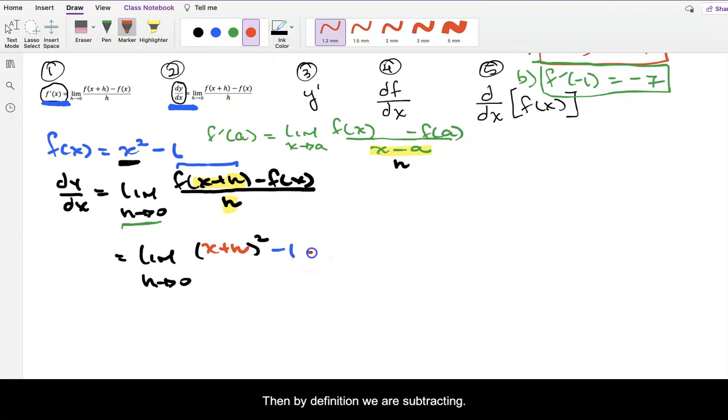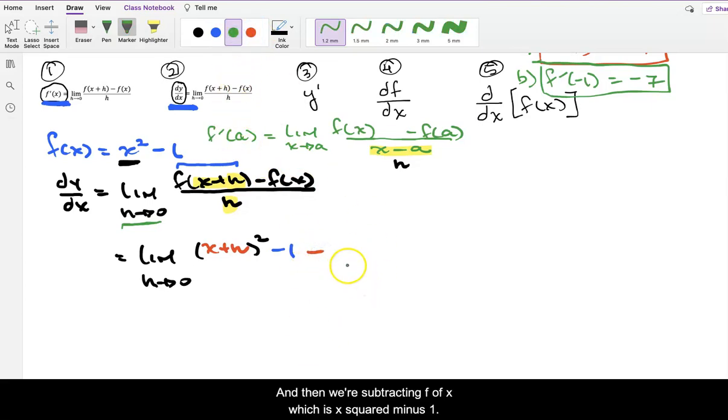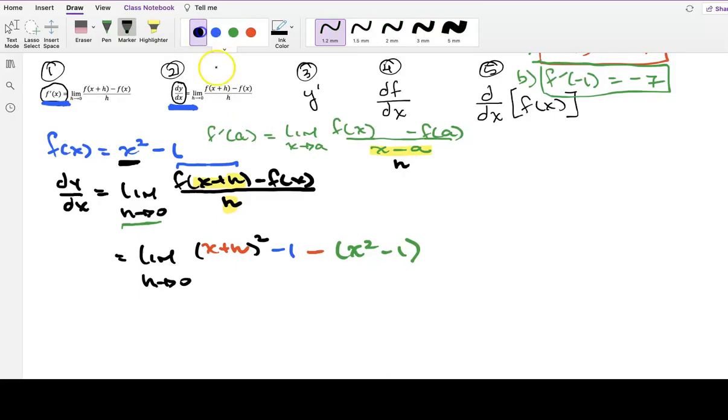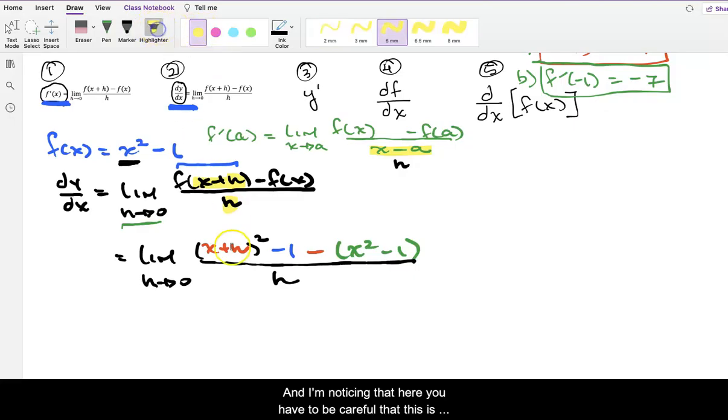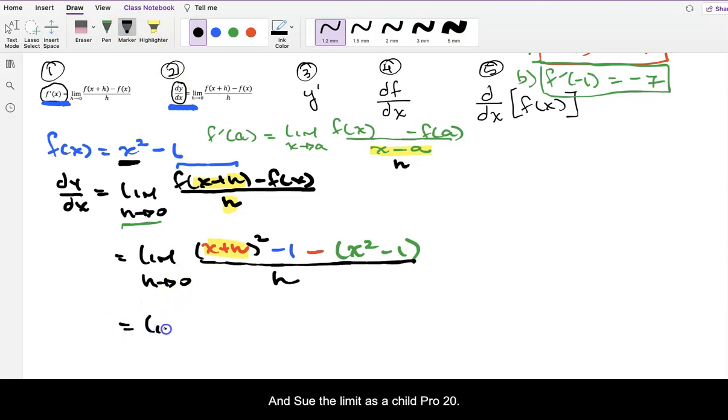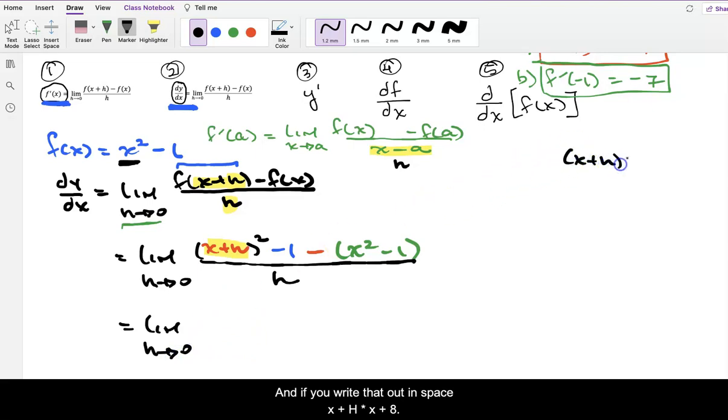Then by definition, we are subtracting f of x, which is x squared minus 1, and this is going to be all over h. And we had a problem similar to this as a limit, and here you have to be careful that this is going to require us to multiply x plus h times x plus h. And so the limit as h approaches 0, if you write that out in space, x plus h times